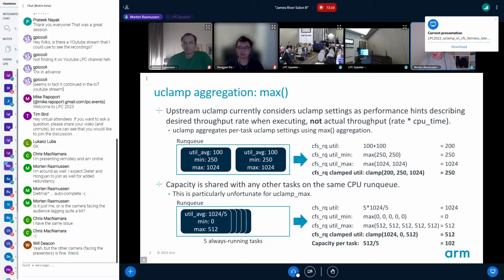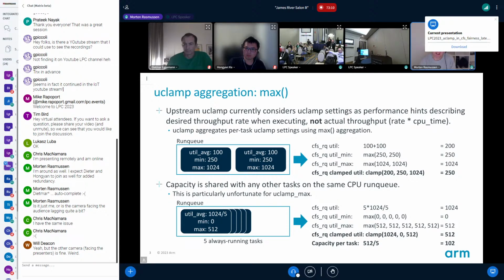It doesn't really have a way of spilling over to the next CPU. In this example, I've taken five always-running tasks, and if they all set a uClamp max of 512, which would be 50% of peak frequency, it would be totally valid to put them all on the same CPU and keep the CPU at 50% of its peak frequency.